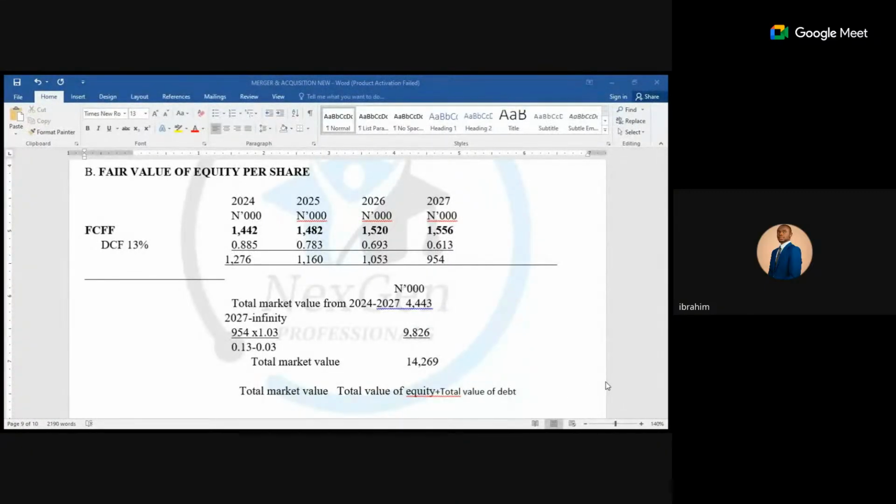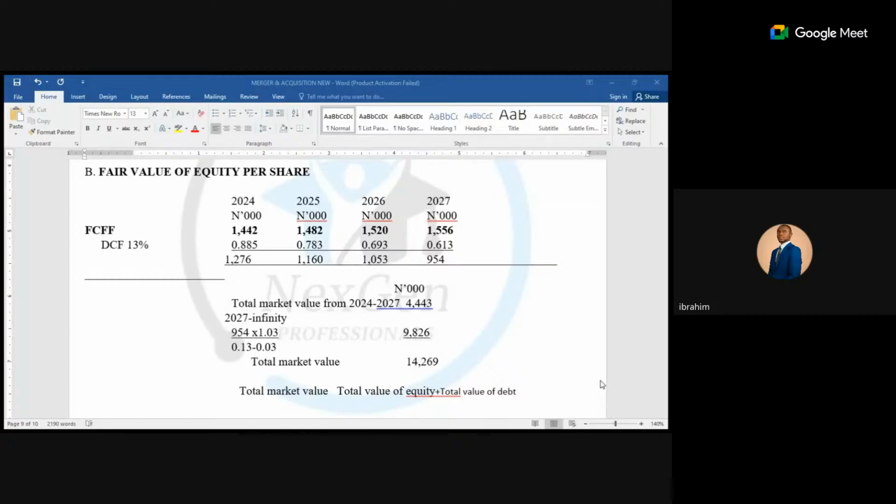But the examiner is telling you they purposely use that value of fair value of equity to be 13 marks. They want to see how you will arrive at the value of equity. Class, when you are faced with this kind of scenario, the first part says determine the value of equity. What is it called? Free cash flow to the firm, calculate it. The second one, for you to determine the fair value of equity,